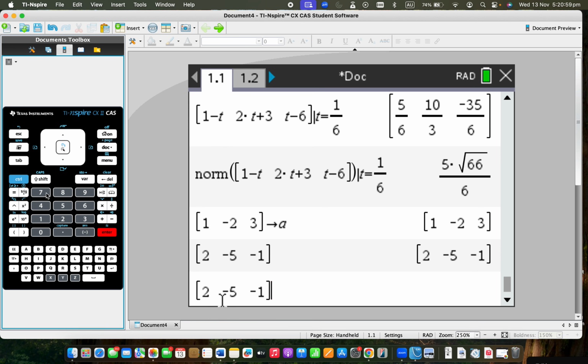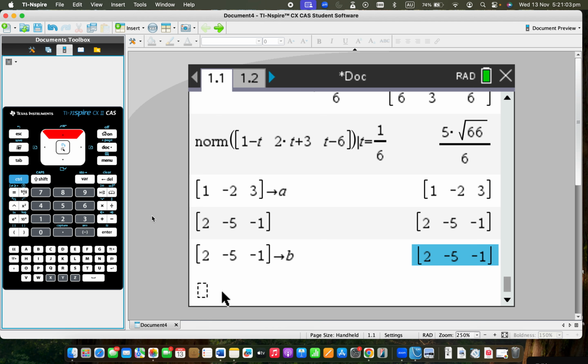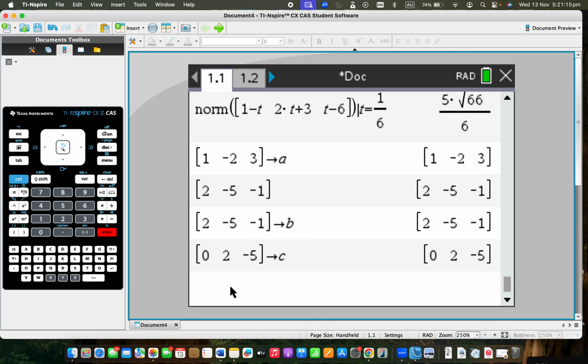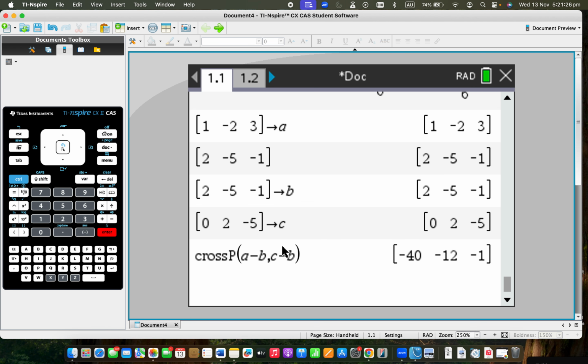Oops, need to store that. And C is, what is it? 0, 2, -5. Okay, so we want the cross product of A minus B, comma, C minus B. And that's